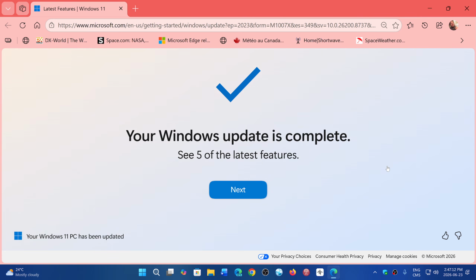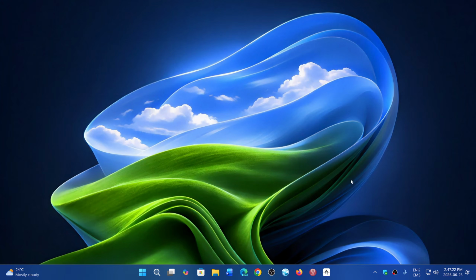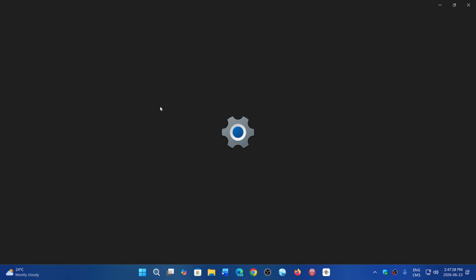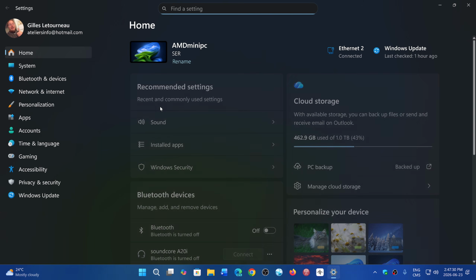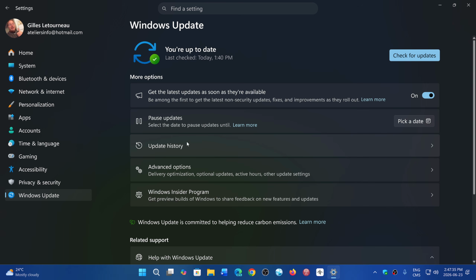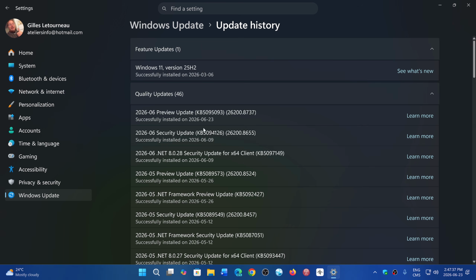It's interesting because it opened Edge with this message: your Windows update is complete, and it says C5 of the latest features. So basically, if you don't check anything, you won't have this update until Patch Tuesday. But if you do go and check Windows Update, you'll see it appear as Preview Update